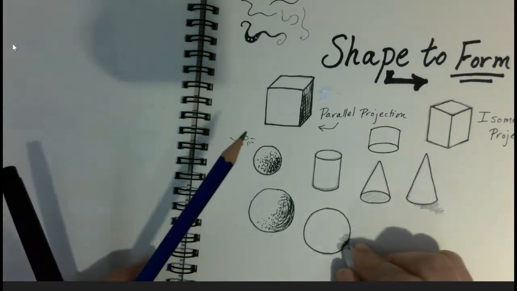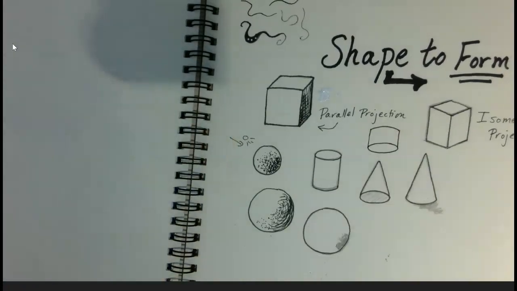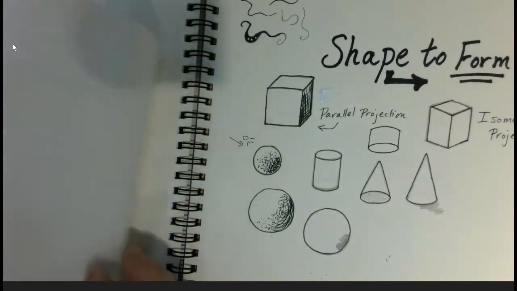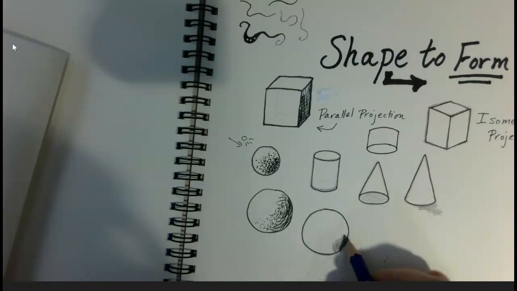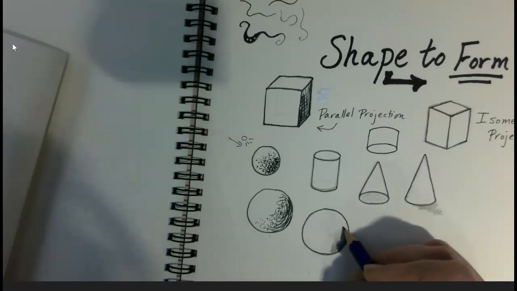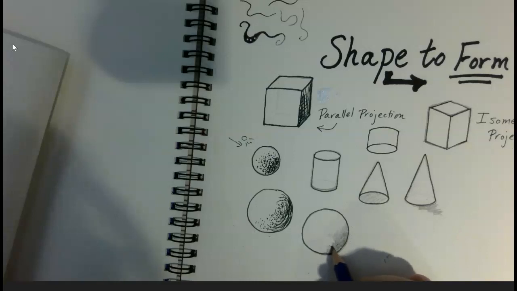So when you're shading, a lot of people go straight to blending with their finger, or maybe using a paper towel or a tortillon to blend, but I want to encourage you to use the pencil itself first to create a smooth gradation of value. So I'm pressing harder, I'm using small marks, and then I can use a lighter touch, not go over these as much, and get a range of value before I even start to blend this by smearing it. And that's a good